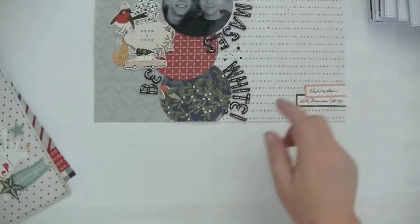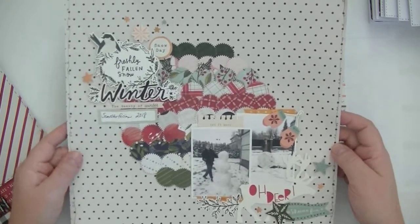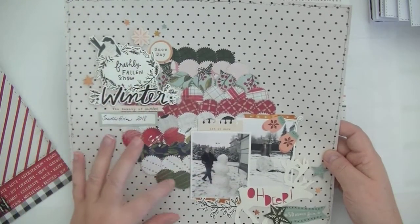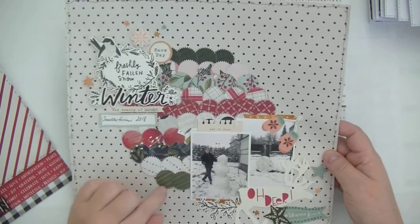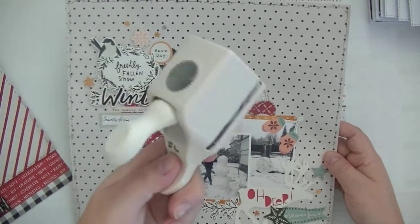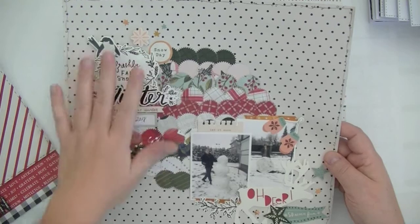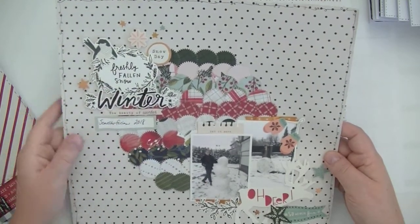And for the second layout, this was my scrap lift layout from Daniela's page, and you can see all details on my blog. And I've basically punched out all different pattern papers that came with my kit into these circles. I used this Martha Stewart circle punch, and adhered everything in place, then added some decoration with the stickers and the ephemera, and also used